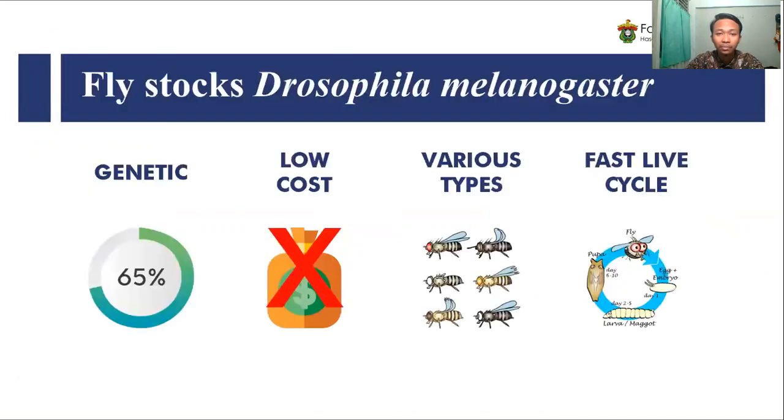One example of a model organism that has been shown to be useful in the drug discovery process is the fruit fly Drosophila melanogaster. As a model organism, the fruit fly has advantages such as lower maintenance cost, a very fast life cycle, 65% homology with human, the availability of diverse transgenic and mutant genotypes, and it can be used in large quantity.